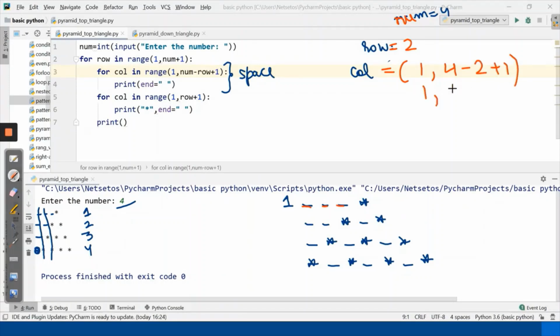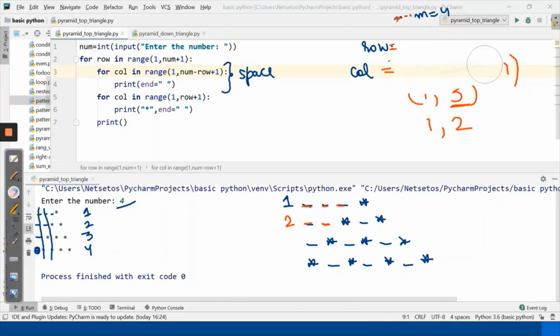That means 1 to 4 minus 2 is 2, plus 1, 3. So it will run for 1 and 2. The third one is not allowed as it is a stop number. So for row 2, it will take 1 and 2. So 2 spaces are there.